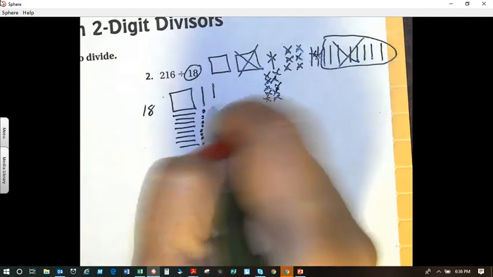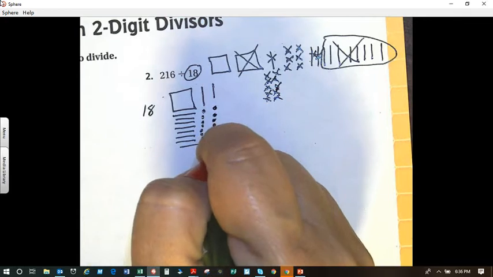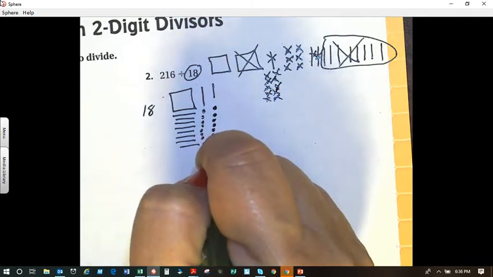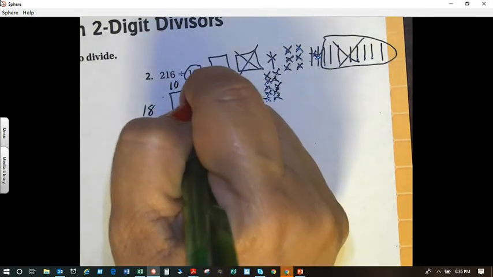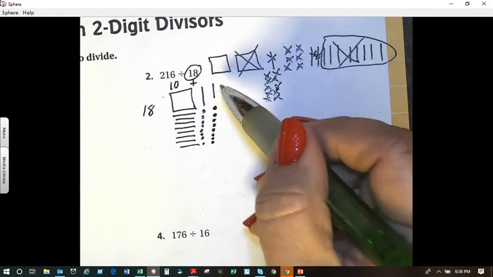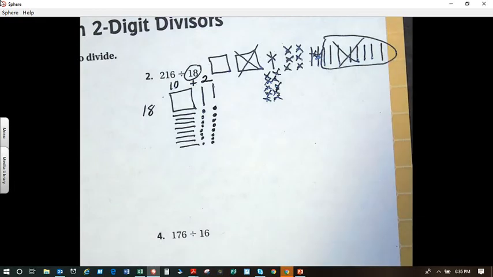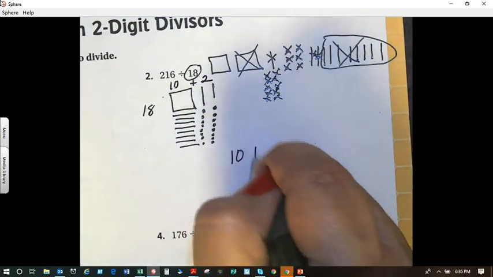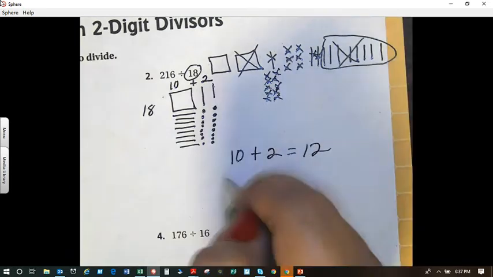And I have 1, 2, 3, 4, 5, 6, 7, 8. So I have 18 groups of 10. That's my first partial product. And then I have 2 groups of 18. And so what is my answer? I have 10 plus 2, so the sum is 12. I have 12 groups